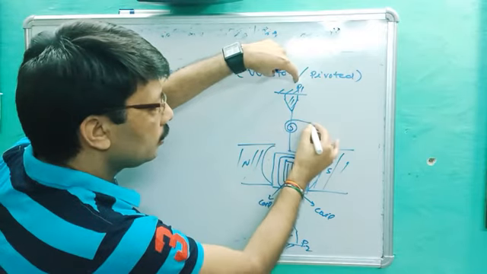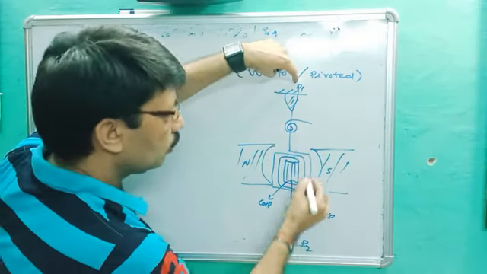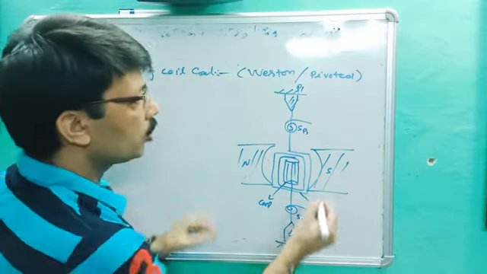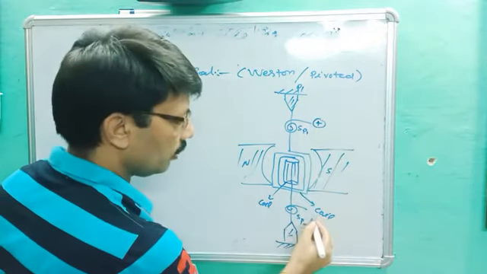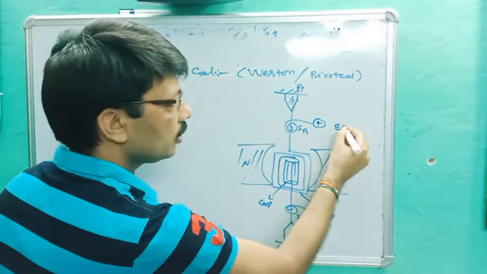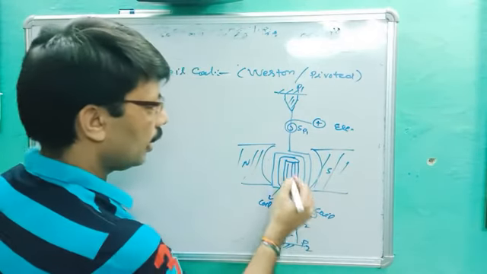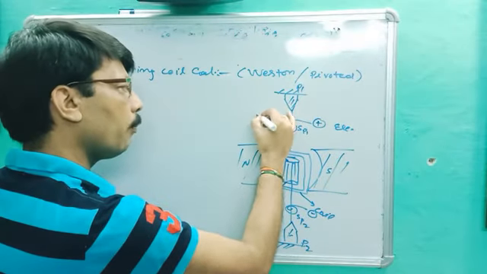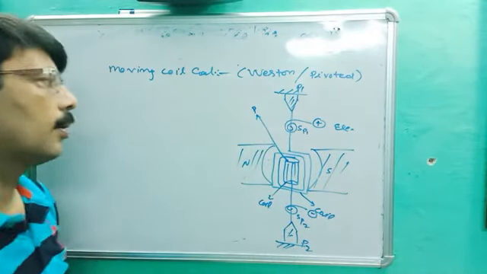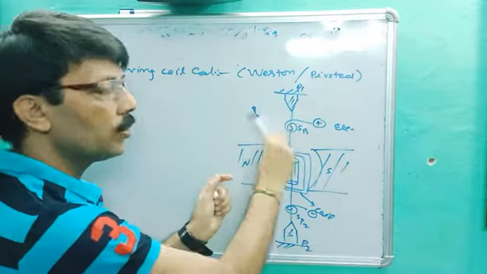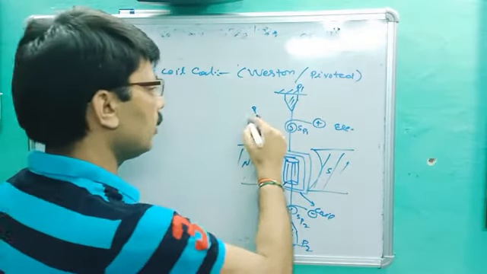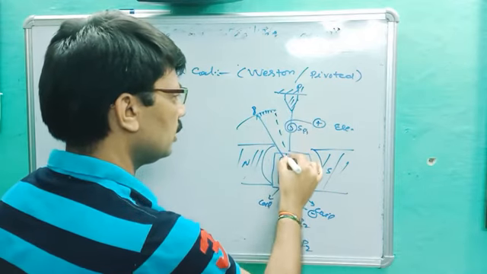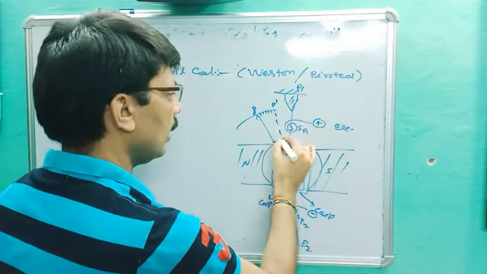And there are two springs, SP1 and SP2, through which we supply the current, positive and negative. This is electric current. Through the core a pointer is fixed, which rotates like this. You can see in the lab a pointer rotates. It starts from 0 and moves to P dash, and that angle is theta.